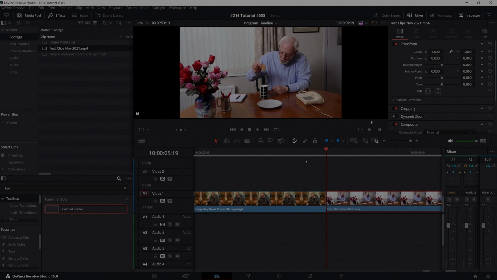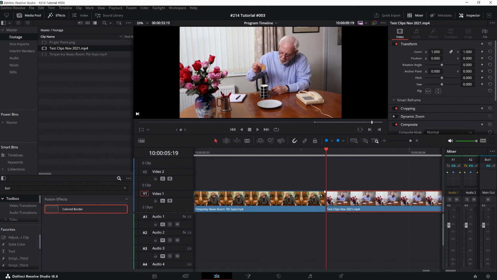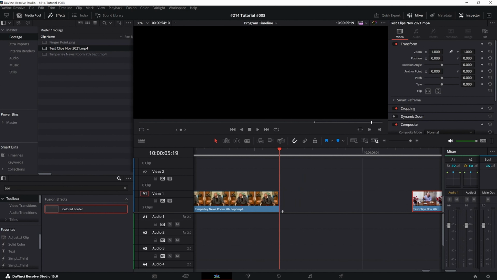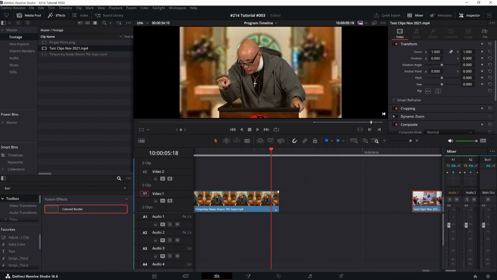Here we have our two clips, and you want to put the transition between the two. I'll move the second clip out of the way a little and come back one frame in the first clip and cut that so that you have one frame. If you then highlight that